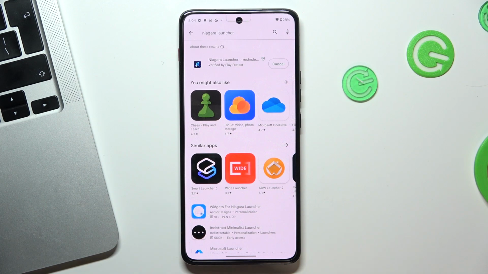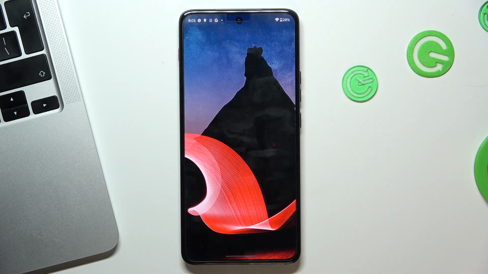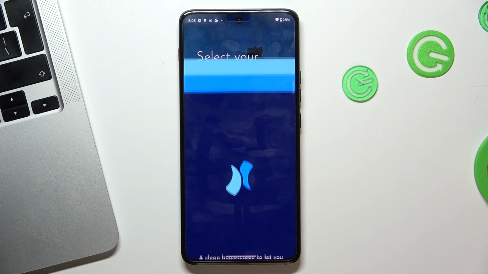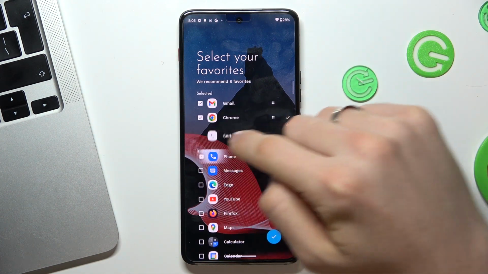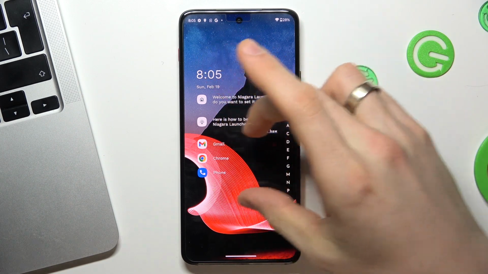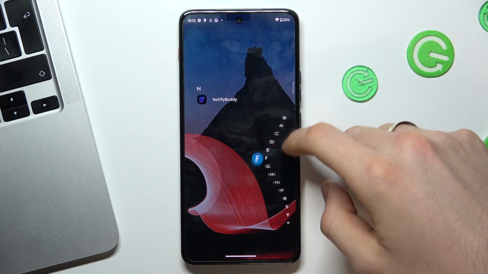Click Install and wait a while. Click Open. Click Agree and Continue. Here choose your favorite apps and click OK. So great, as you can see, here we have a really simple interface. Here we have our favorite applications, here you can set up your widgets, and here you have your main menu